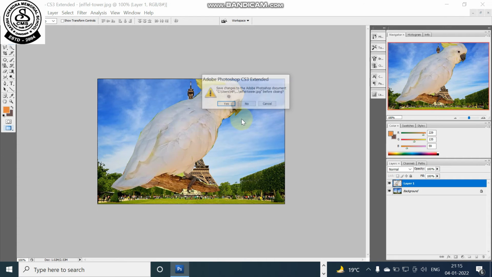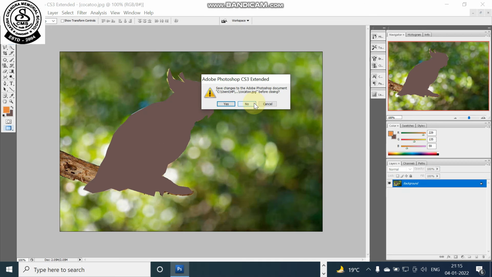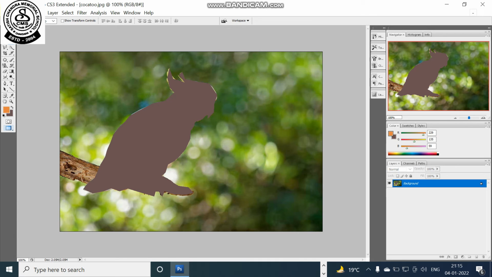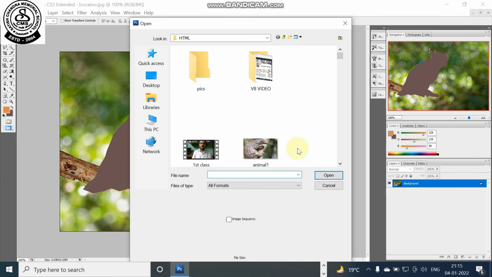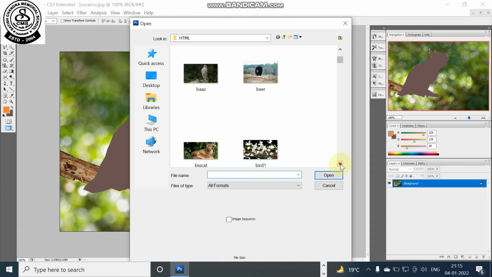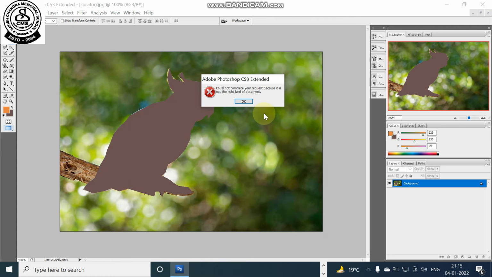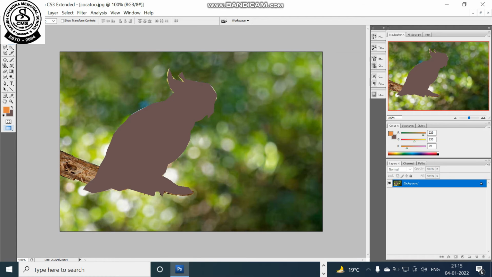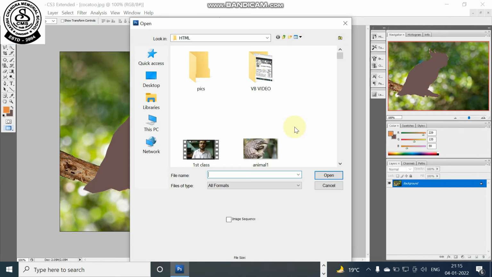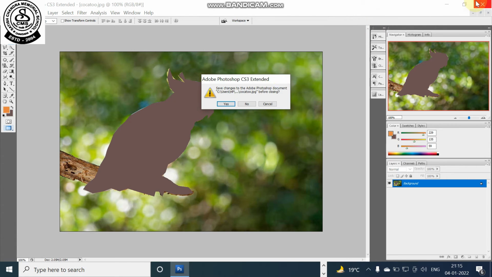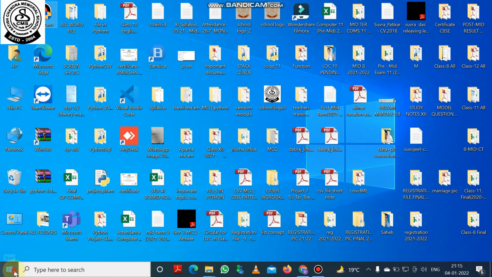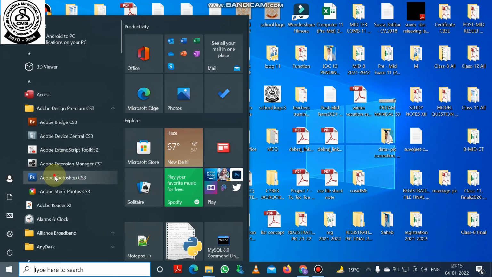First delete it, cancel it, and open another picture. Suppose this falcon, the bird. Just one minute, we need to open Photoshop again, then it will be okay.